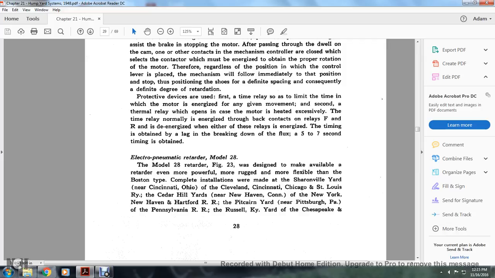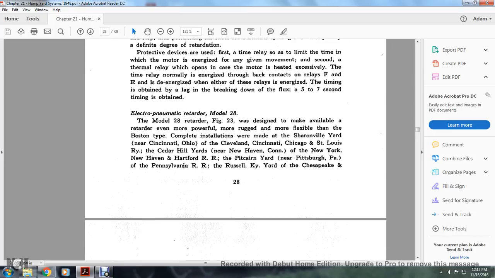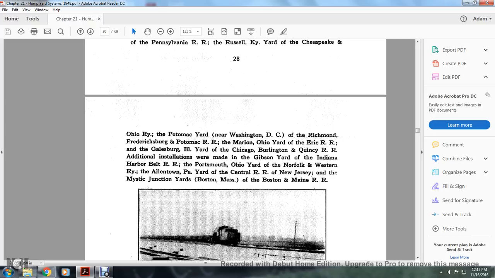Louis Railway Cedar Hill yards near New Haven, Connecticut; the New York, New Haven, Hartford Railroad; the Pitcairn yard near Pittsburgh Yard, the Pennsylvania Railroad; the Russell, and the Kentucky Yard of the Chesapeake, Ohio; the Potomac Yard near Washington, D.C.; the Richmond, Fredericksburg, Potomac Railroad; the Perrin, Ohio Yard, the Erie Railroad; the